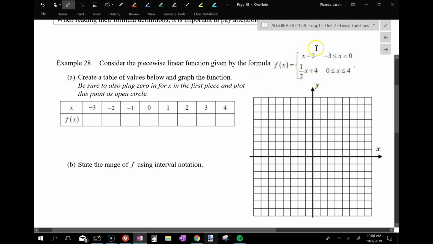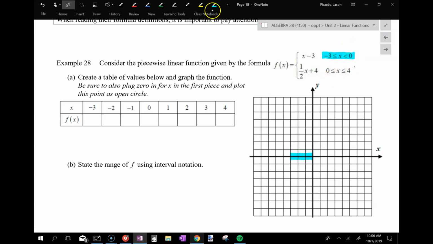Here I have two different pieces. And what I do is I indicate where those pieces exist on your graph, okay? So I say, ready? From -3 to 0, I'm going to use the blue function. Then from 0 to 4, I'm going to use